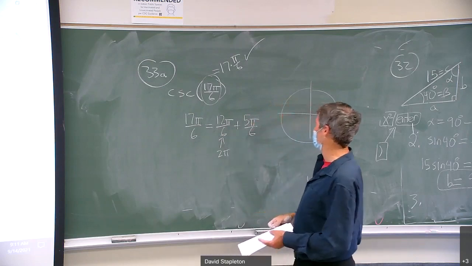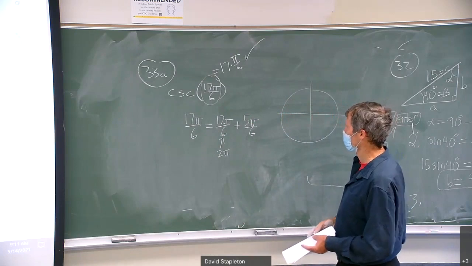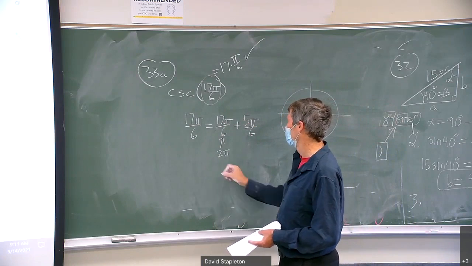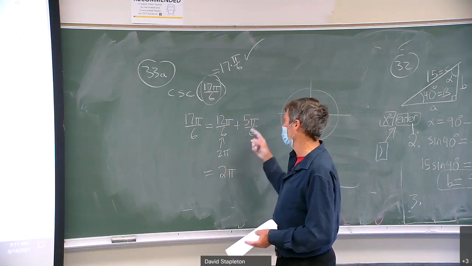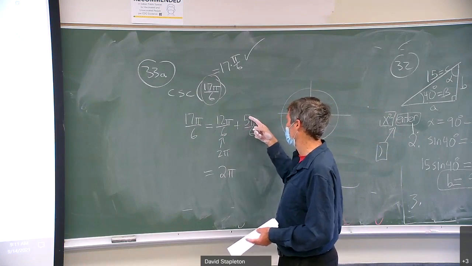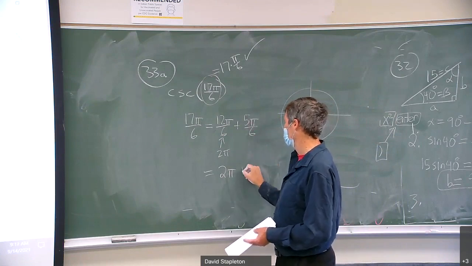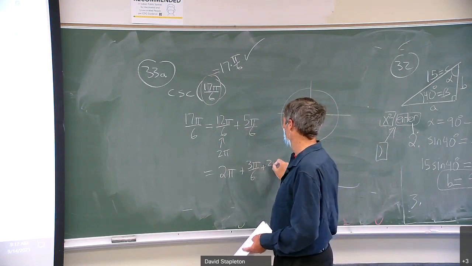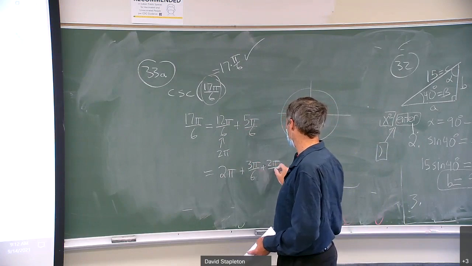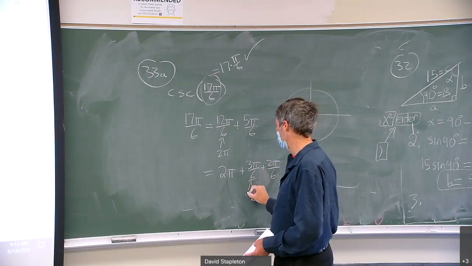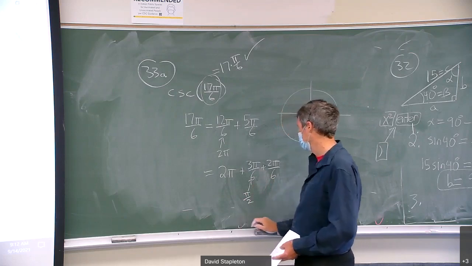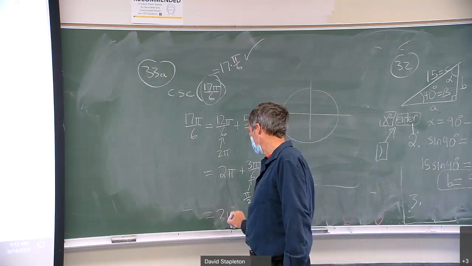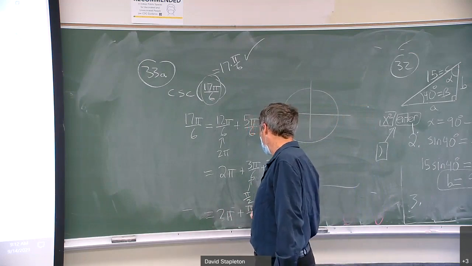Now can I pull out a straight angle? That would be pi. Well, this is only 5/6 pi. There's not a straight angle to pull out. But I can pull out a right angle because 5/6 pi is bigger than a half pi. So I'll pull out a pi over 2, which I can also call 3 pi over 6. 5 pi over 6 is 3 pi over 6 plus 2 pi over 6. Now this one is pi over 2, that's pulled out as a right angle, and 2 pi over 6 is also known as pi over 3. So I'll say this is 2 pi, a whole rotation, plus pi over 2, a right angle,